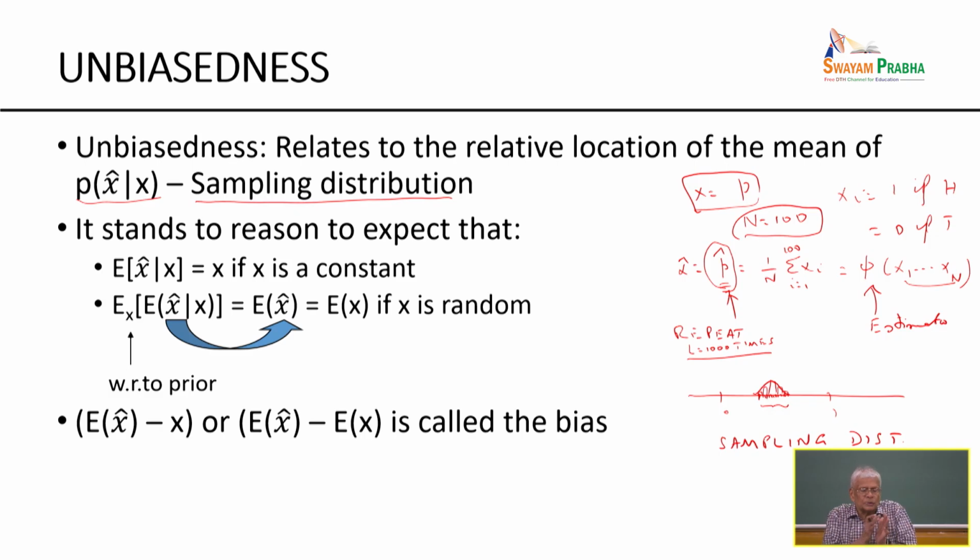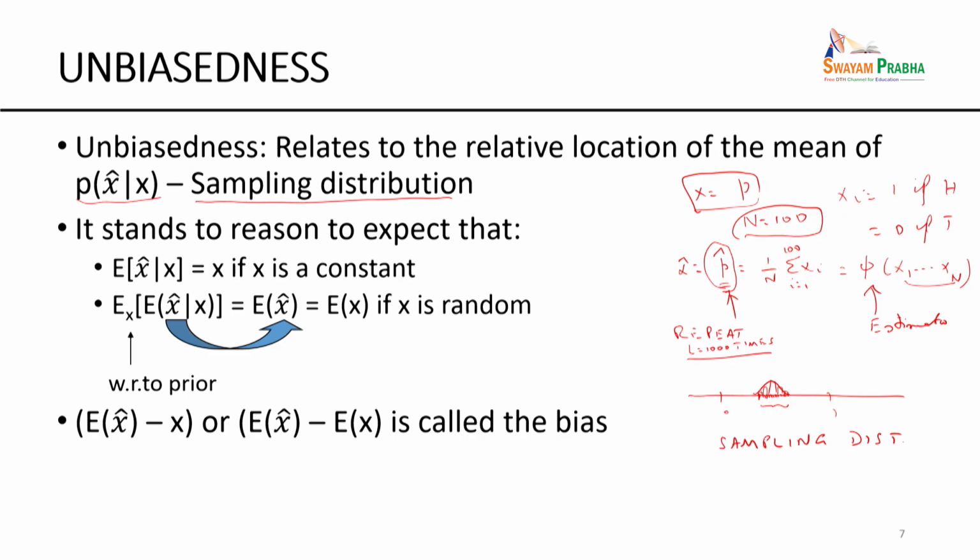And for each 100 tosses, I get a value. If you do 1,000 times, each time 100 tosses, it is easy to visualize that all the values are not going to be the same. They are going to be distributed in a small interval. I can draw a histogram. I can have a sampling distribution. That's what the sampling distribution is all about. So many of the properties of the estimate can be gleaned through the sampling distribution.